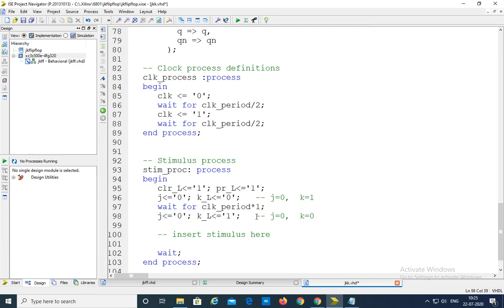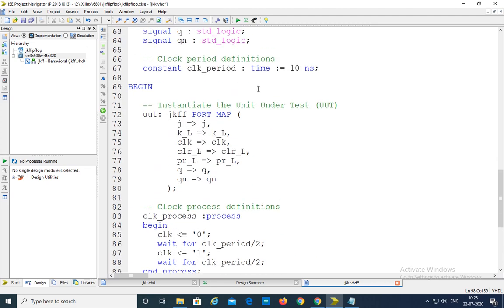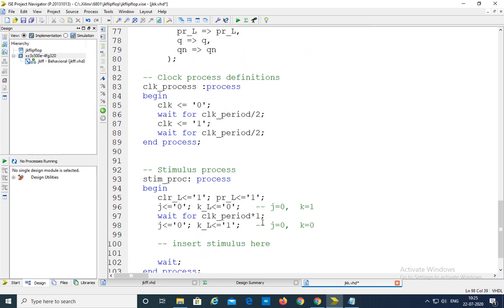You'll get output here, for the 0, 1 case the output is 0 here. Here 0, 0 means whatever the output we are getting at this state, that should be retained at this point. So wait for clock period, here clock period we have taken 10 nanoseconds. So it will wait for 10 nanoseconds here for each output.